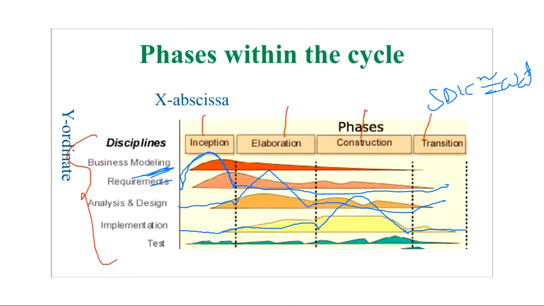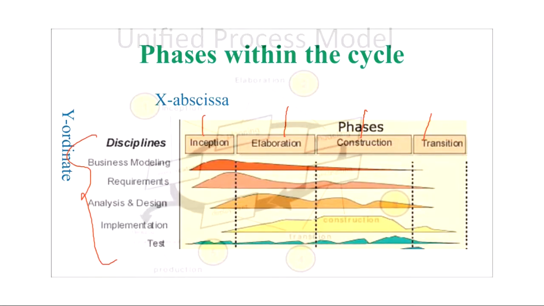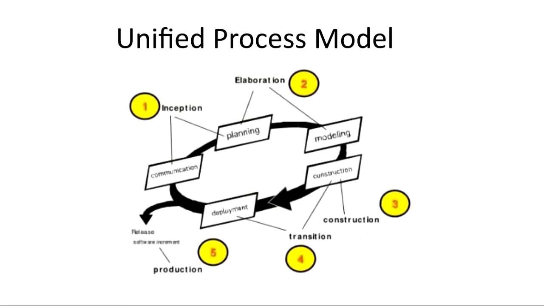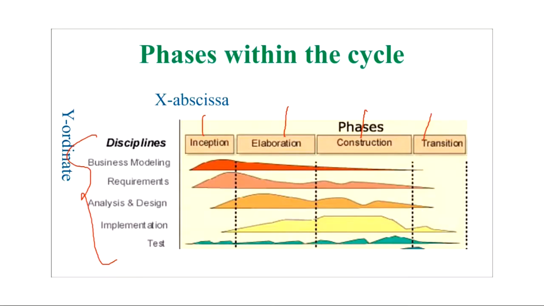These are never achieved. Why are you giving more focus on this unified process model? Because this is what is applicable in real life also. You have to perform these cyclic iterations. That is why, if you see here, the graph is there in all the phases. Because suppose you have done the construction phase. Okay, see here, suppose you have performed the implementation part, so the main coding part will be here. But this doesn't mean that in the construction phase there will be no requirement analysis, there will be no designing, there will be no testing. Why?